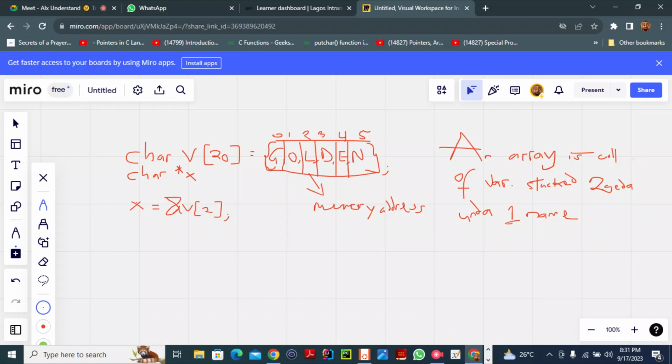So then, if you look at it, say an array is what? An array is a collection of variables stacked together under one name. So each of these variables has its own memory address, right? So if this is a string, for example, of course, a string is also an array. A string is an array, but it's an array of characters. So if this is a string now, for example, you could see that we could access here, look, we could